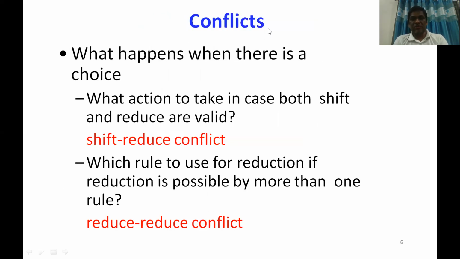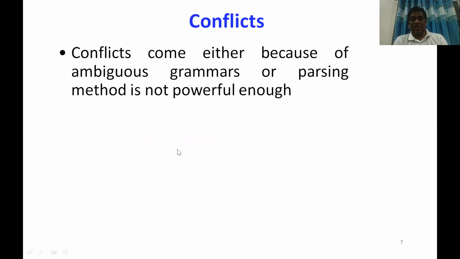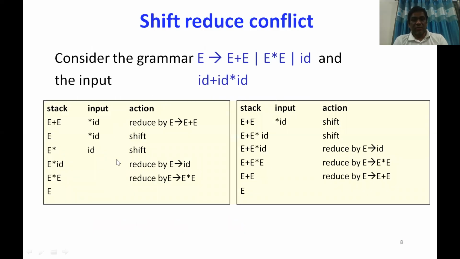In general, in the shift reduce technique, there are two problems that we may encounter. One is shift reduce conflict and the other one is reduce reduce conflict. That means there may be two options available at a particular point of time while applying that parsing technique, either to shift or to reduce. When both options are available, it is said to be a shift reduce conflict. Let us understand this with an example. First, we will see what a shift reduce conflict is.